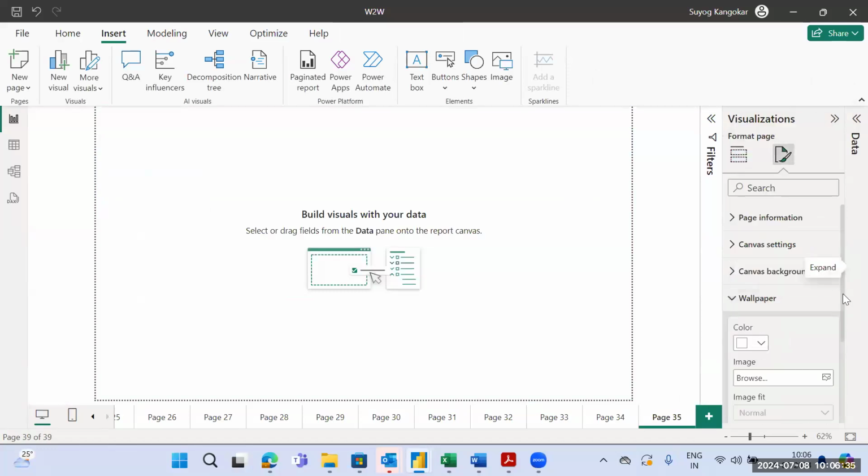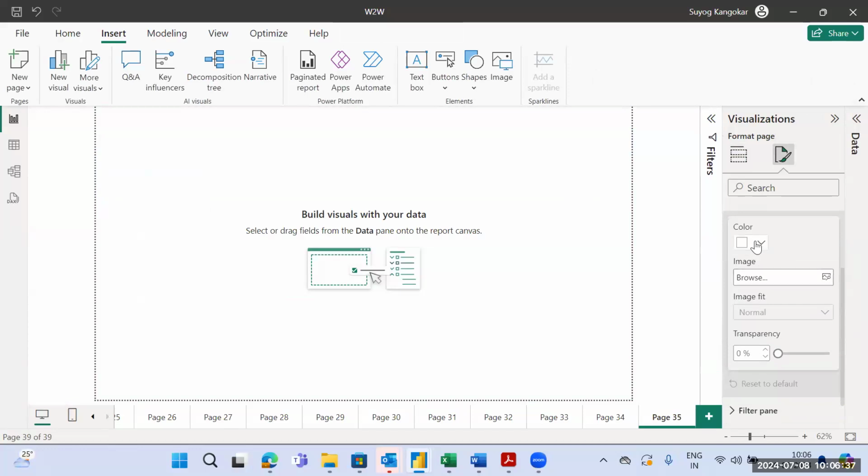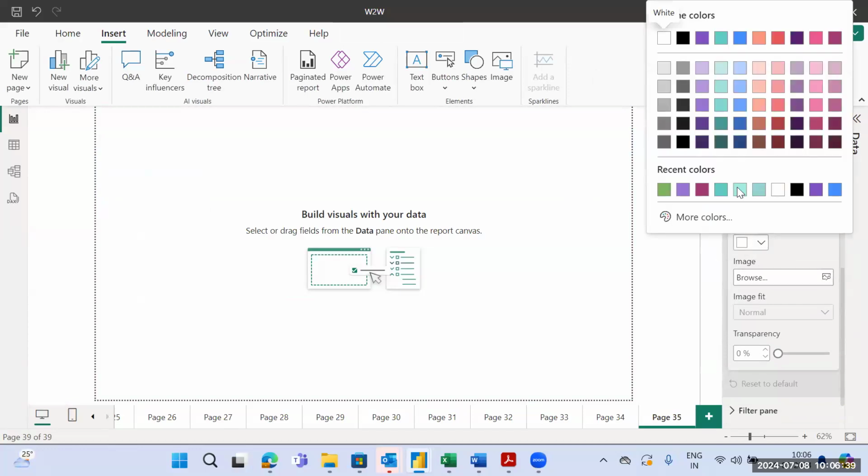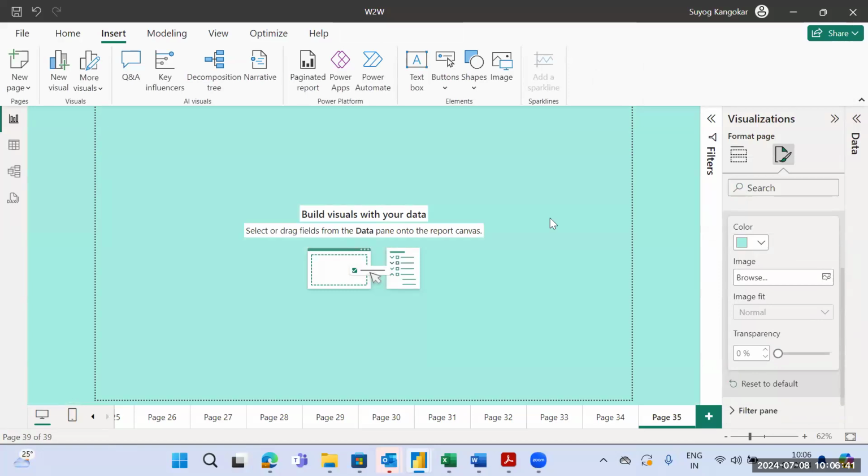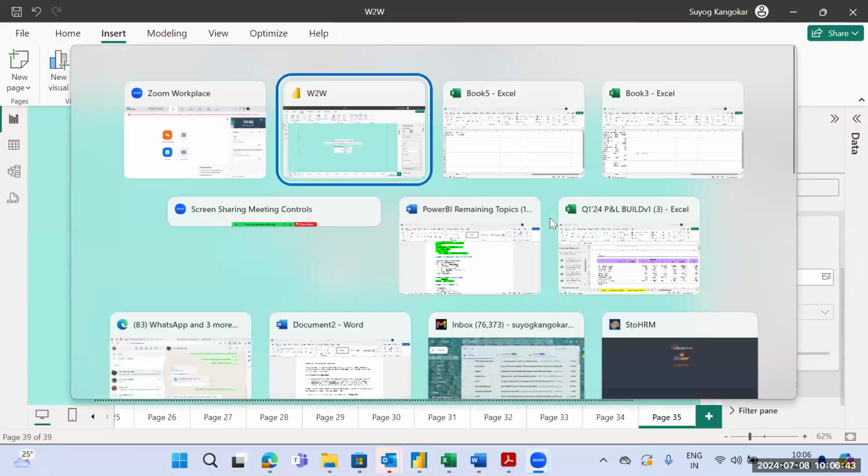What is the color of wallpaper? You will go change color. We will take this, but sometimes the color differs. Instead of doing this,